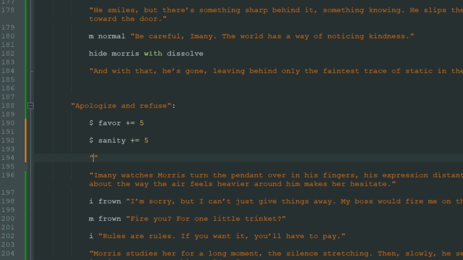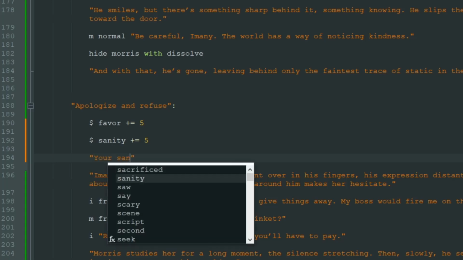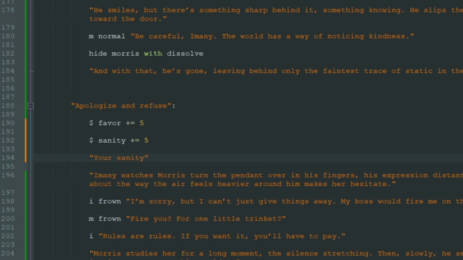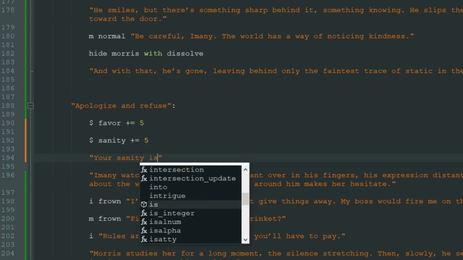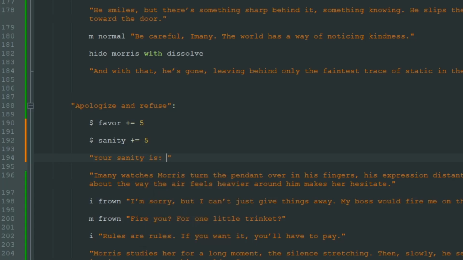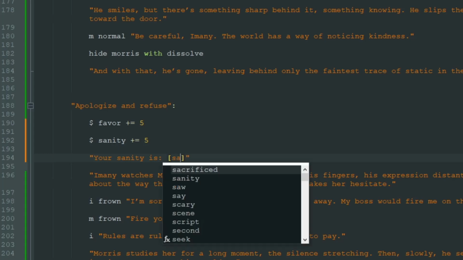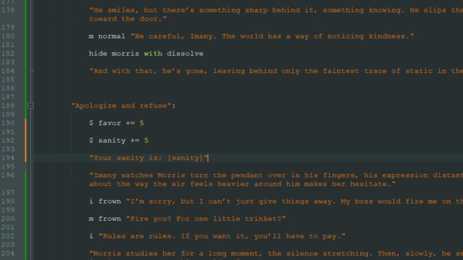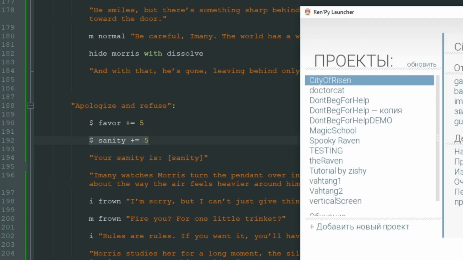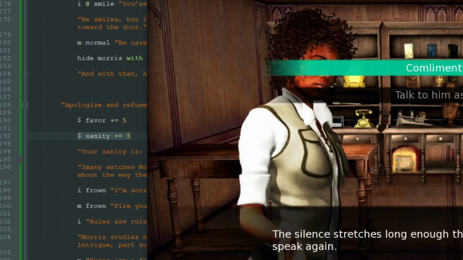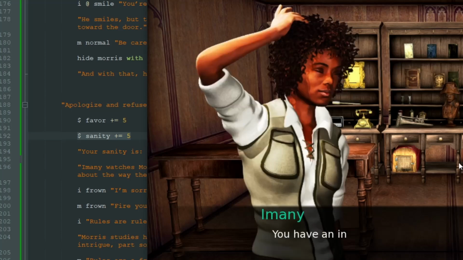Let's just check the sanity variable here. As usual, your sanity is, and we write sanity in the square brackets. So let's check what the amount of sanity will be after this choice. So we compliment Maurice, okay,